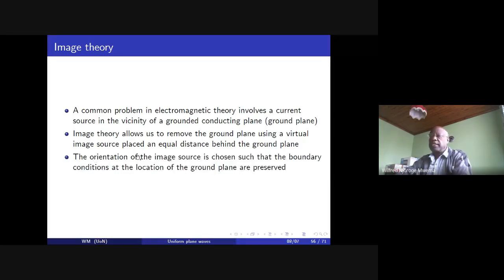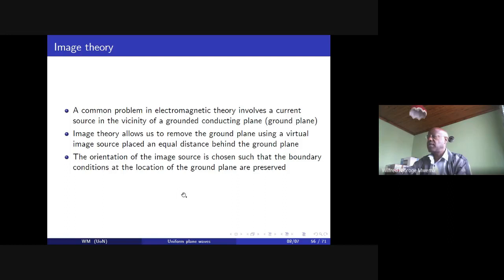So the orientation of the image source will be chosen such that the boundary conditions at the location of the ground plane are preserved. We know that the tangential component of the electric field intensity must be 0 on a conducting surface. And therefore, the image current source that we make behind the ground plane must be such that it generates an electric field that is opposite the tangential component of the actual electric field due to